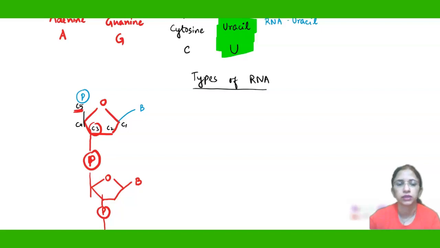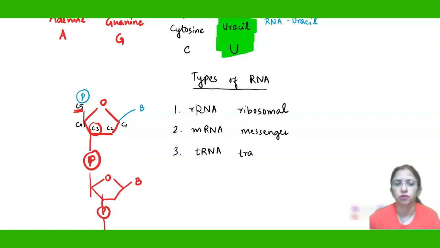Do check it out. So types of RNA include ribosomal RNA, and here r has to be written small, indicating ribosomal. The second is messenger RNA. Here m means messenger. We will be discussing each one by one. tRNA: t stands for transfer RNA. snRNA means small nuclear